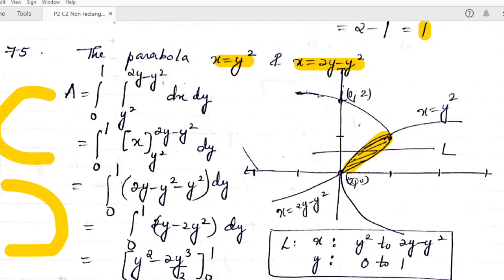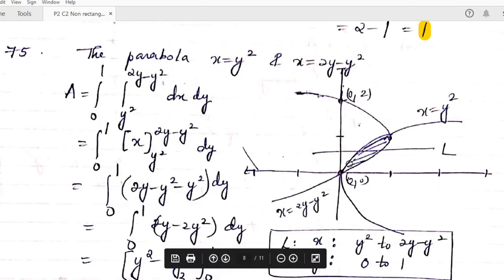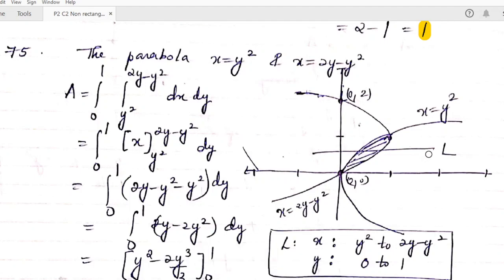So when you put y equal to 0, you get the value of x is equal to 0. So one point is (0, 0). Another point is when you put y equal to 1, you get x equal to 1. So this point will certainly be (1, 1). Okay. So this point is (1, 1). This is (0, 0). So now we have plotted the region carefully. So now we have found our region. This is our region. We have to find the limits of x and y carefully now.